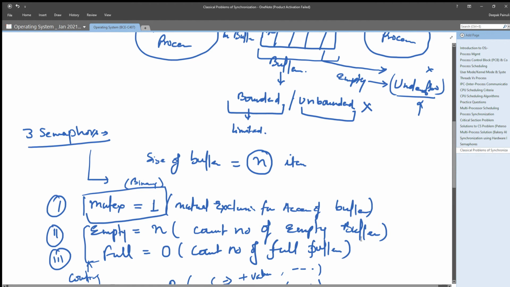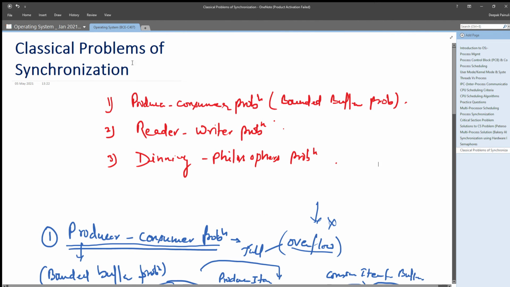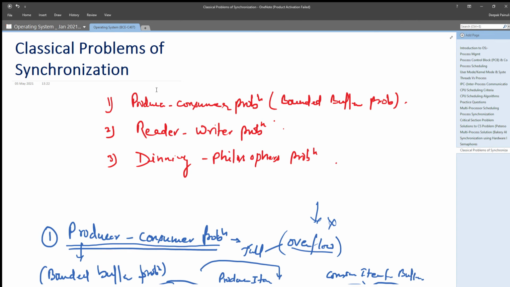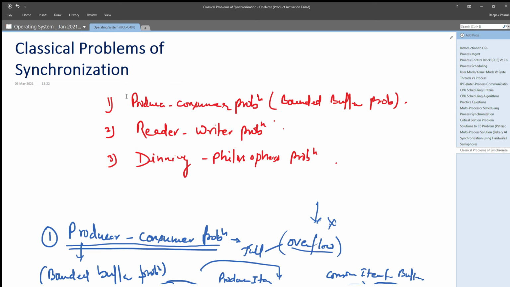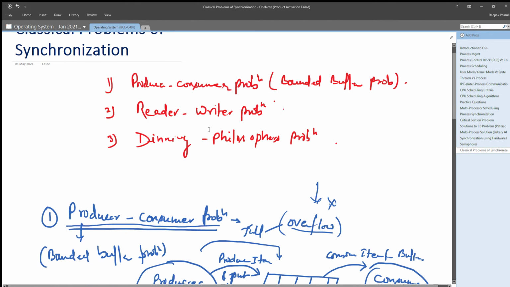Hello guys, in the last lecture we introduced the classical problems of synchronization, where we got to know that these are the problems used to test newly proposed solutions for the synchronization scheme or critical section problem, right? So we have mainly three well-known problems: